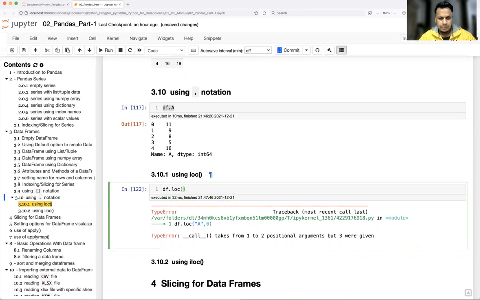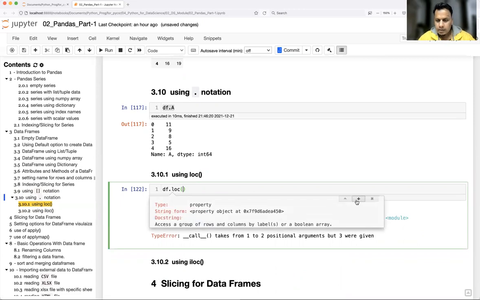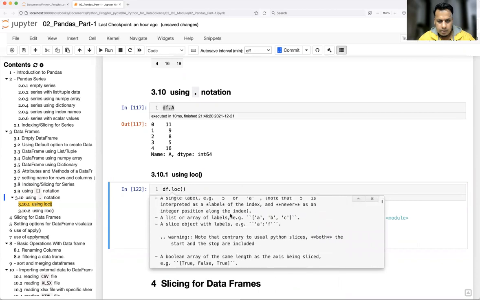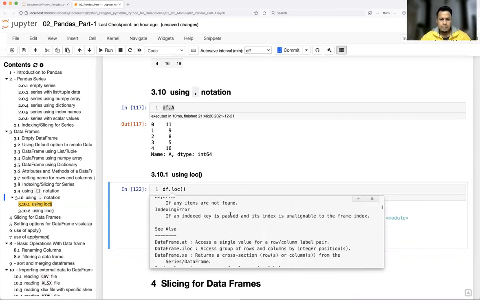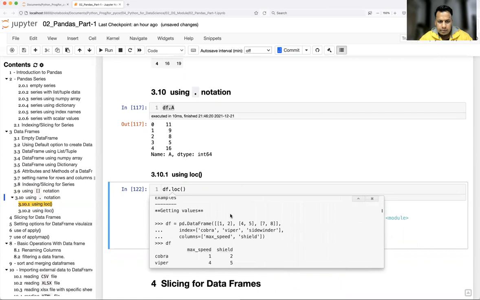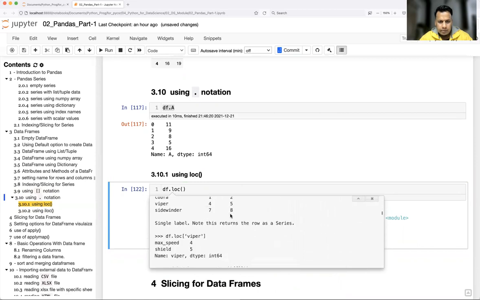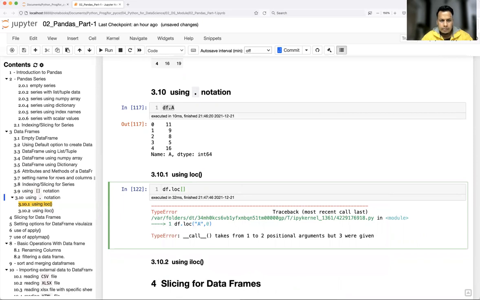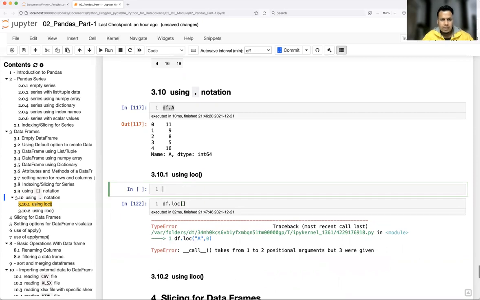What happened? Why is it not working? Oh, sorry. First of all, whenever you use loc, let me just write the syntax here.